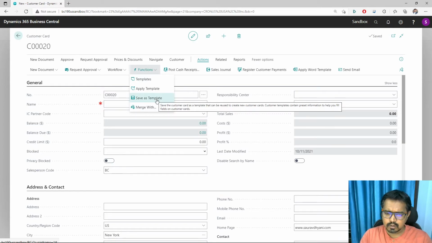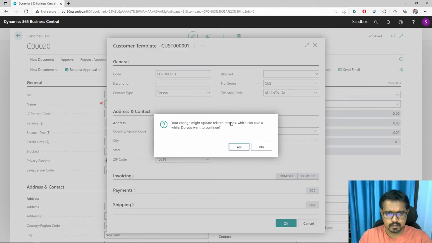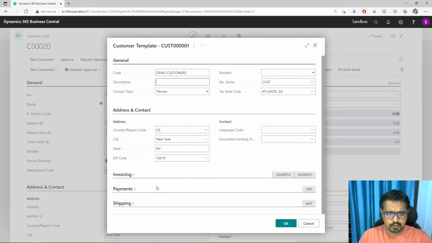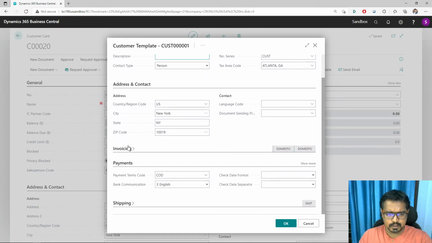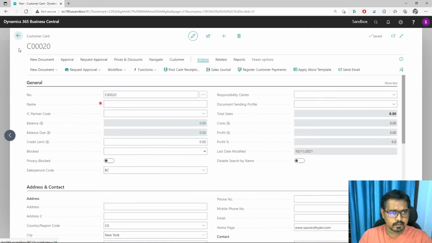Now, if you have set all the fields that you want to be common for all the customers, you can actually save it as a template, and then you can provide a name, that it is my demo customer. Yes, okay, this is my demo customer, and all these values which I have set are already visible here, and then I can hit OK.